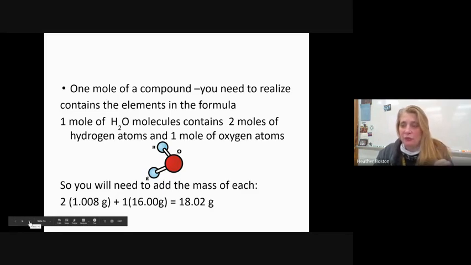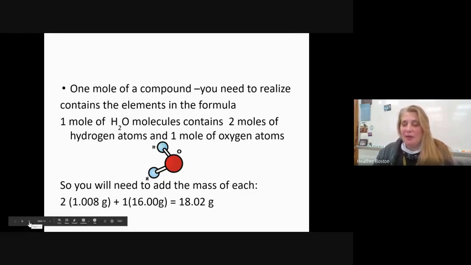So 1 mole of water molecules contains 2 moles of hydrogen atoms and 1 mole of oxygen atoms. In order to get the molar mass, we would add up the individual masses of the atoms contained in there, which is 2 hydrogens at 1.008 grams, 1 oxygen at 16 grams, to get a molar mass of, when you put it in your calculator, you will get